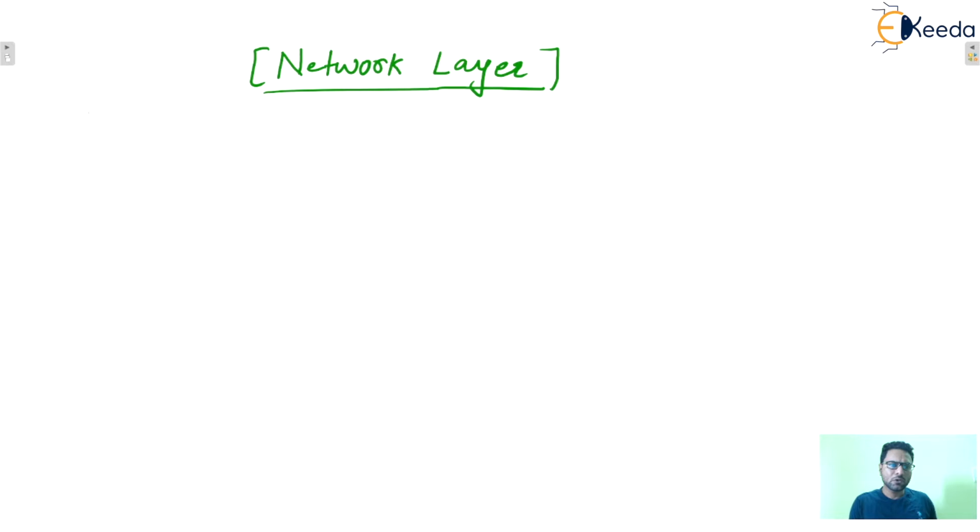I already told you, whenever data passes to any layer, the corresponding header will be attached along with the data. So the network layer header is very important from the GATE point of view. We'll study each and every field of the IPv4 header. So in IPv4, version 4, this IP datagram, or IP packet,